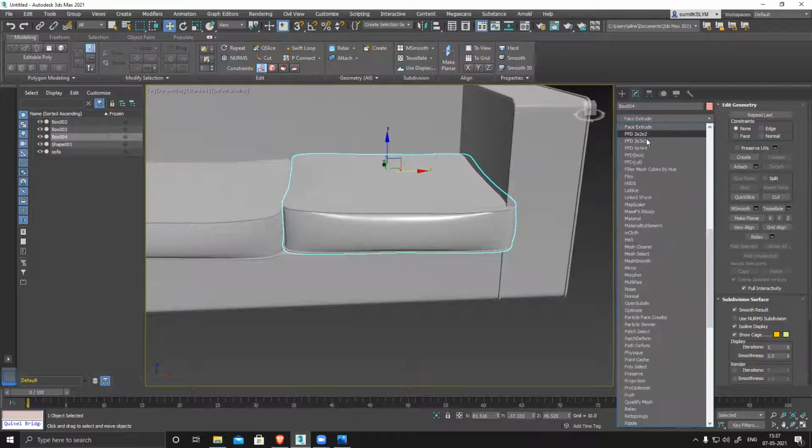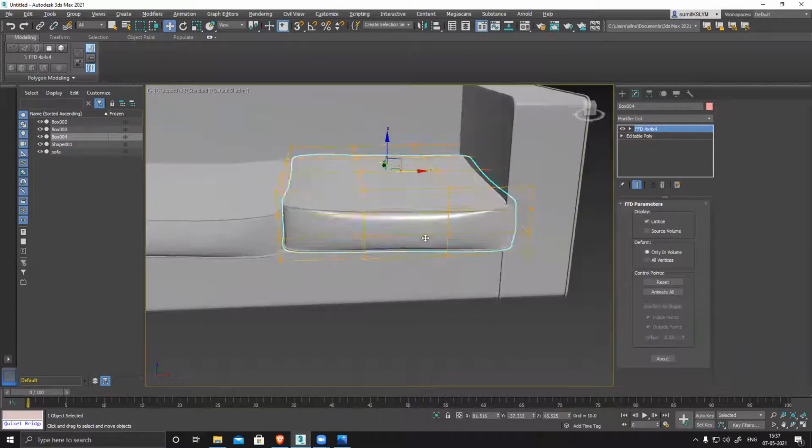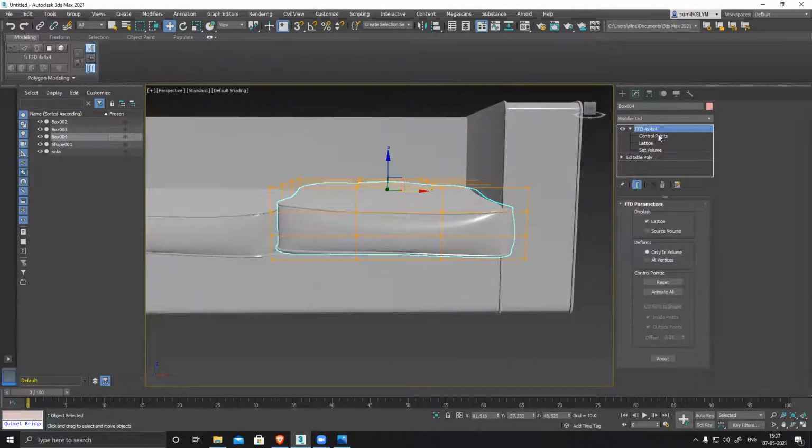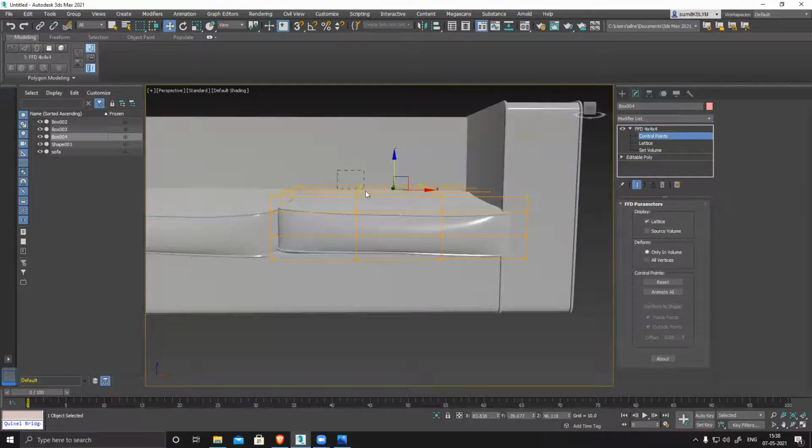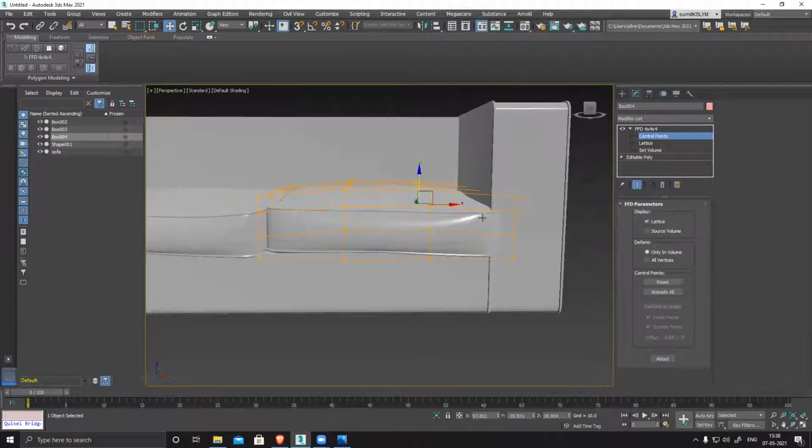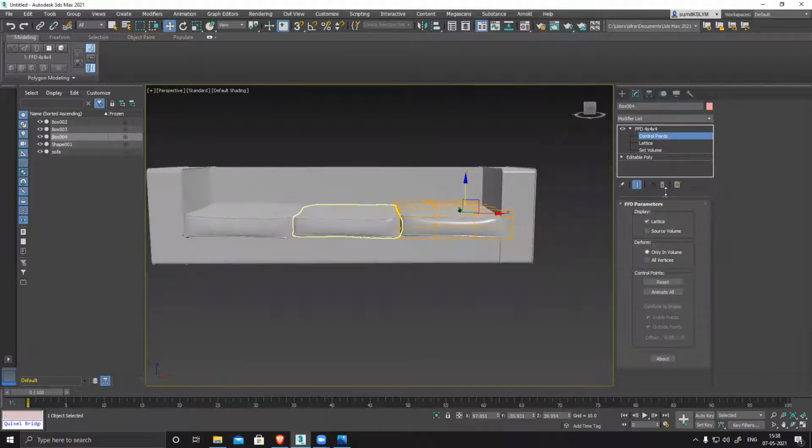FFD. Make sure, change the shape slightly, reduce overall, slightly increase. Slightly modify.